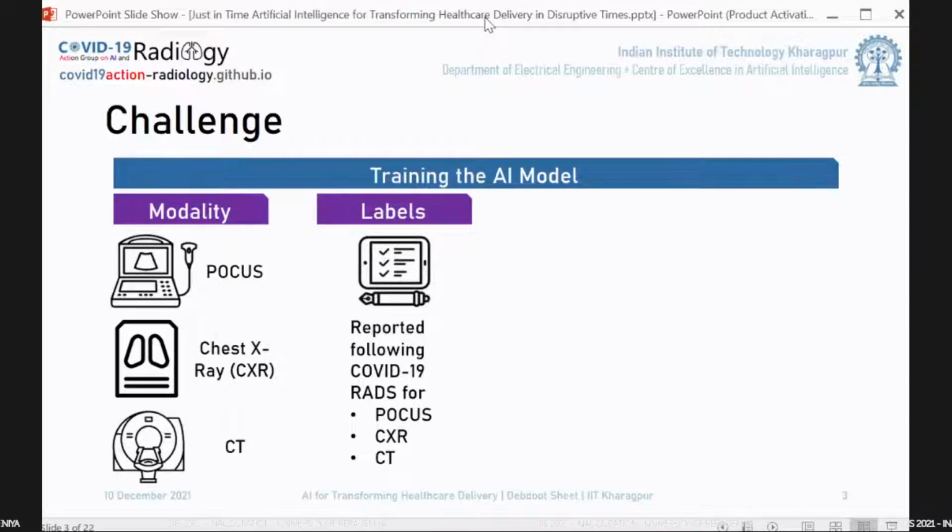Next is to look into labels. Now, when we look into labels, what we essentially wanted to say is that if we are looking at any of these images, then you have certain annotations on these images. What are you looking at? You have a certain set of features which we call biomarkers. Now, the set of observations or features which we are looking at in these models keeps varying from modality to modality. So in ultrasound or point of care ultrasound, what you are going to look at is very different from what you will be finding in case of a chest X-ray. That itself is going to be very different from what you're looking at in case of a CT. So these are challenges which still persist and they will be there. The next thing is